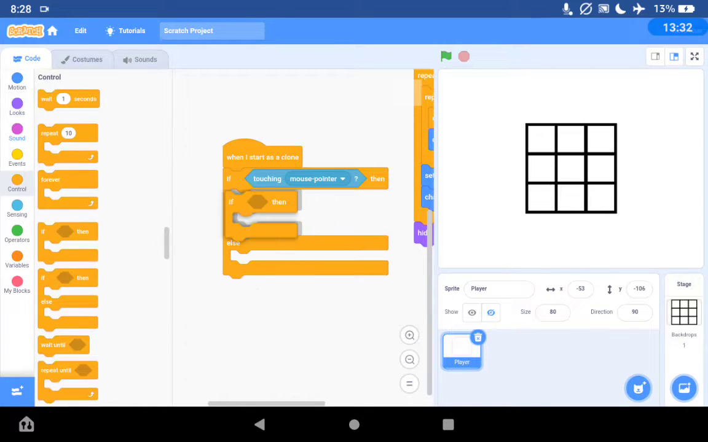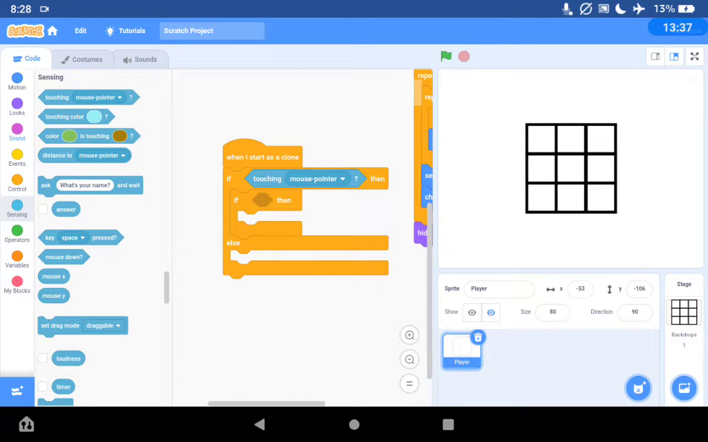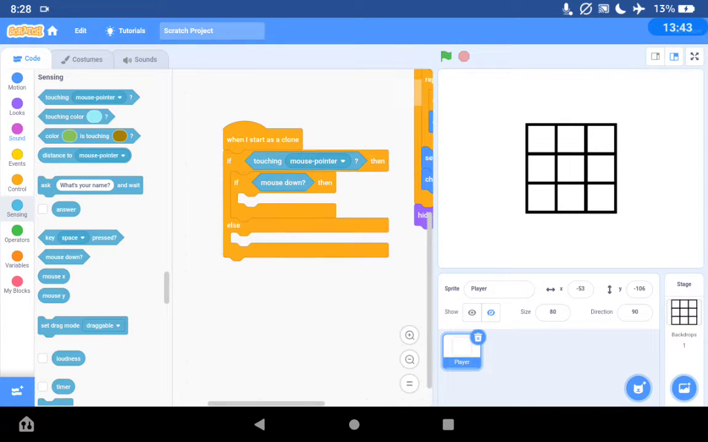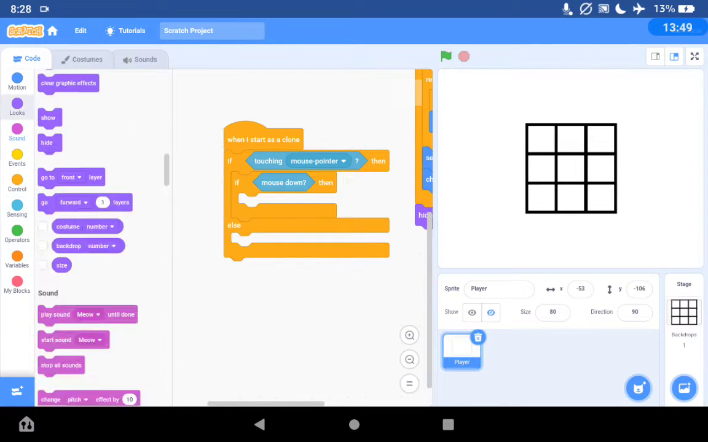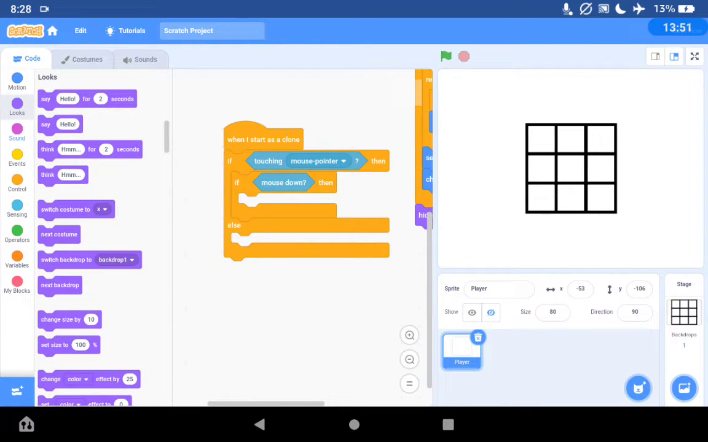But let's quickly add an if inside it so we can check if the mouse is down. So if we detect the click, basically. So if the mouse is down, then we want to switch to the costume, right? So let's do switch costume to